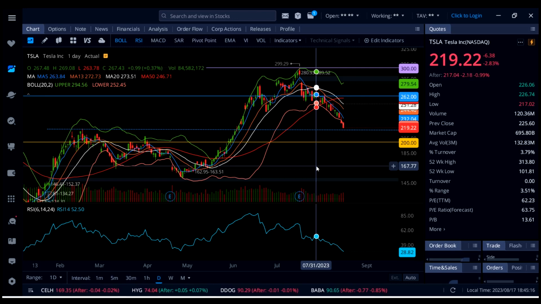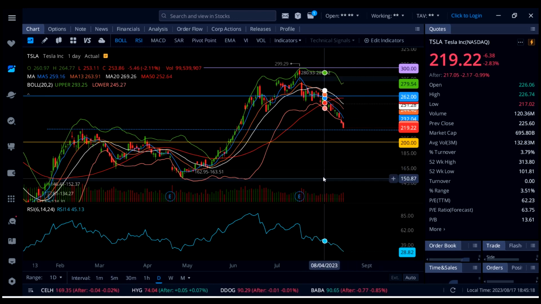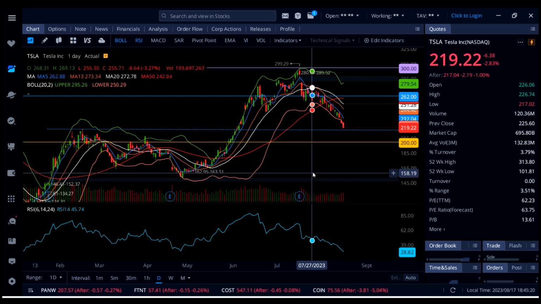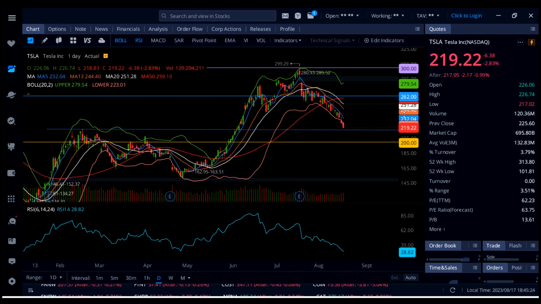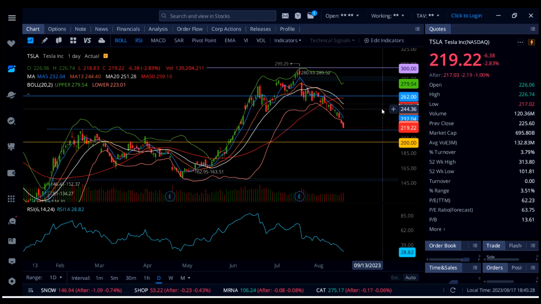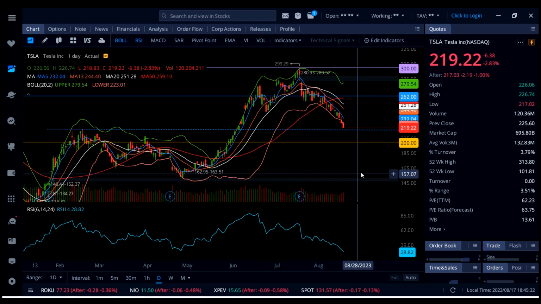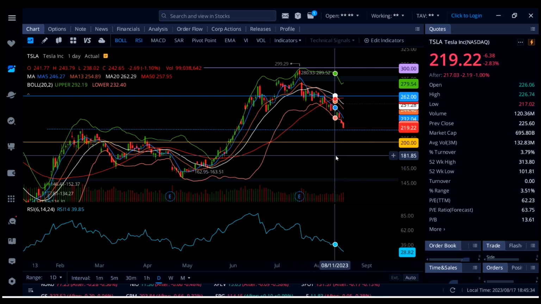So on Tesla, big support 200. Tomorrow, watch out. Tesla can actually break above 220. We could see a move all the way up to 232, and then 244.40, 251.28, and then above 262. At some point, Tesla will look bullish again, and we're going to see continuation to the upside, but it's going